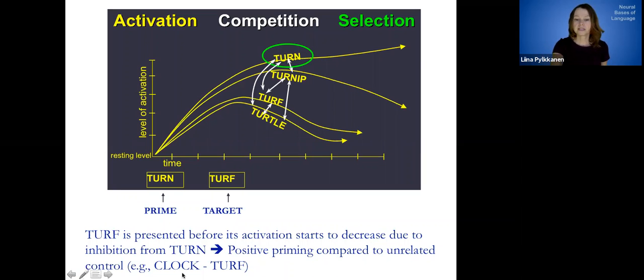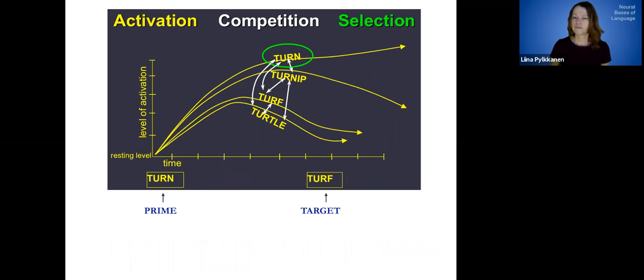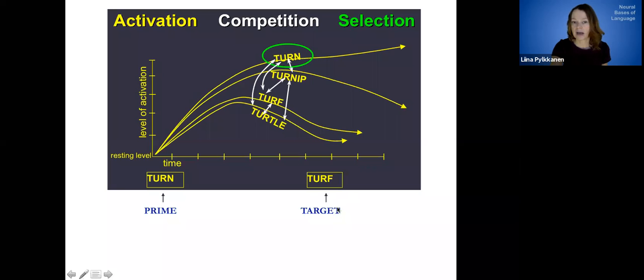And so turf would be faster in this situation than if it was preceded by something like clock that has nothing to do with turf, either phonologically or semantically. But if more time passes, so just saying the same thing twice, but now with the picture, if more time passes, so it's like somewhere out here, and now I'm not giving you any specific milliseconds, just relative timing. So if the target is presented after your brain has kind of rejected turf as the right representation